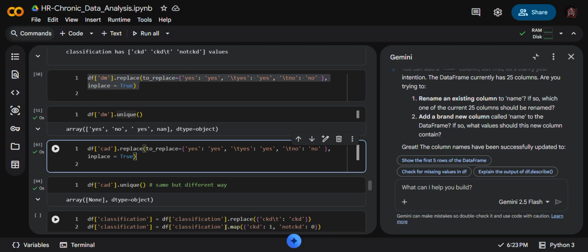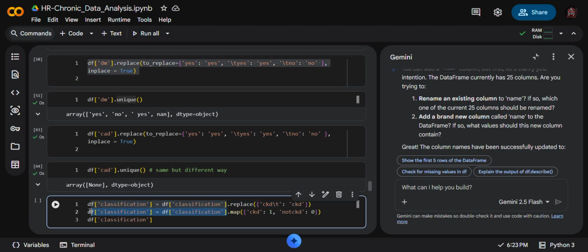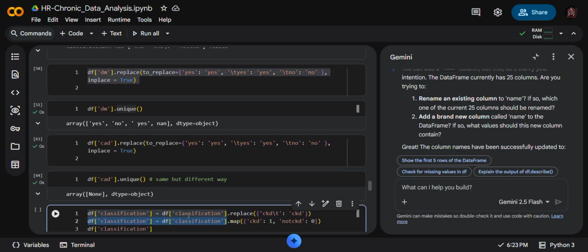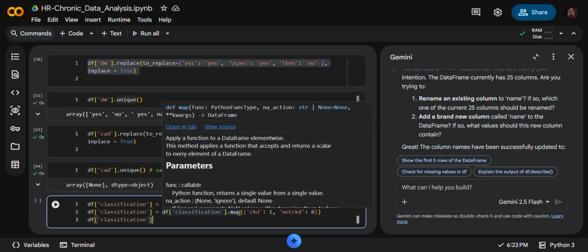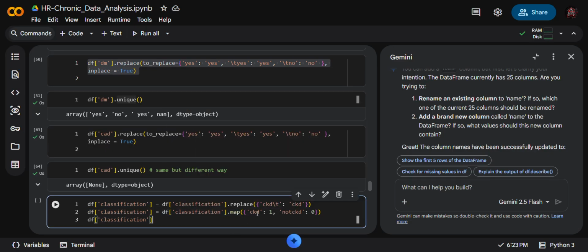This step from here to here is the same step we did before. Now we are using dot map, same as before, but for value. Now we want value of ckd as 1 and values that are not ckd as 0.